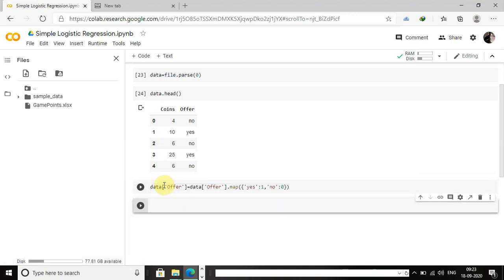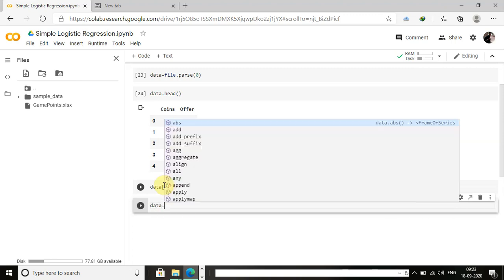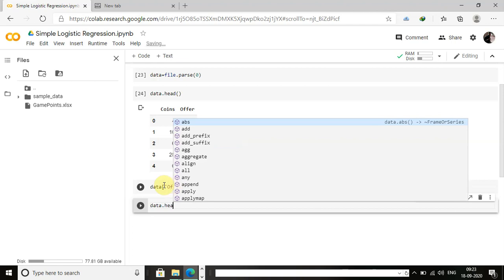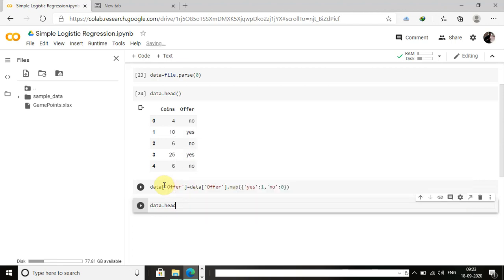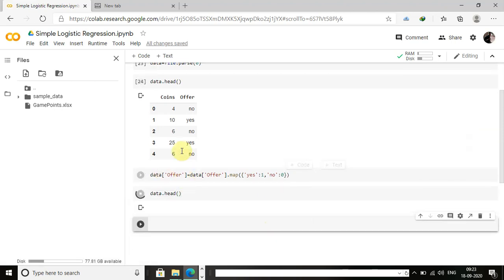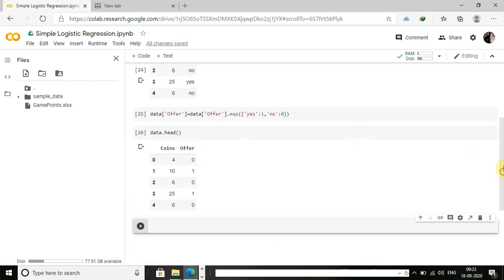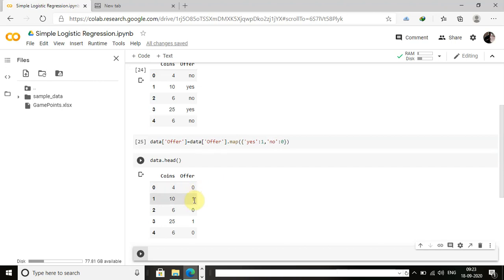If I print the first 5 records of my data, you can see all the string values yes and no have been converted to 0s and 1s.